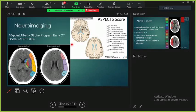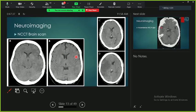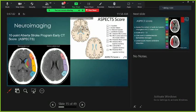Right. So the next thing that we should do is to see how severe the stroke is according to the imaging modalities. Now I told you that you can look at the early changes here, and then we can give a score according to the severity, according to the area that is affected. So the brain is divided: we take two coronal sections of the brain at the basal ganglia level and the corona radiata level,